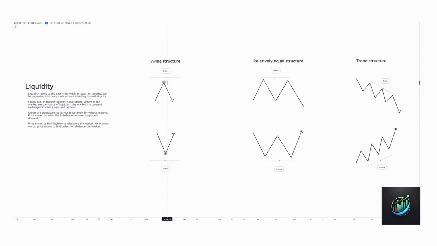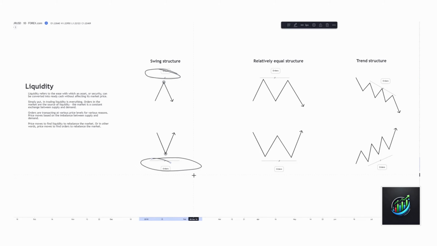In a basic sense, anyone who would have sold at this swing high would have their stop loss just above the swing high. Anyone who bought at the swing low would have their stop loss just below the swing low. If we're looking at people who trade breakouts, there would be orders to execute when price breaks down below, so there would be orders here. Same thing if people are trading the breakout to the upside, there would be orders waiting here for price to break to the upside.